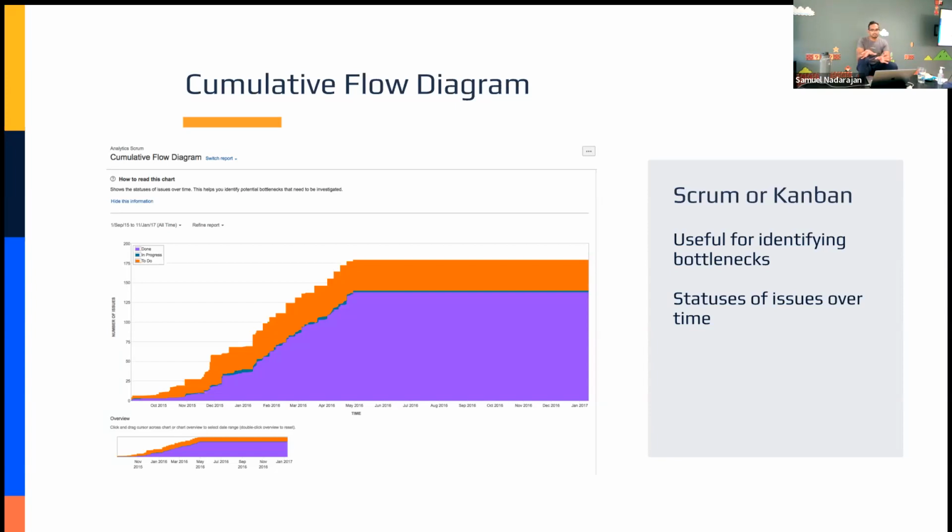What this does is this report will show you whether or not you have bottlenecks within a particular status. So if you were to just take this report out of the picture and look at a board with X number of columns on it, how would you know if your board was experiencing some sort of bottleneck? Anybody? Maybe the issues would start stacking up in the status. Yep, exactly. And you'd see the dot increase at the bottom of the issue. Yep, basically. So the two responses here were if you start seeing issues stack up in a particular column,